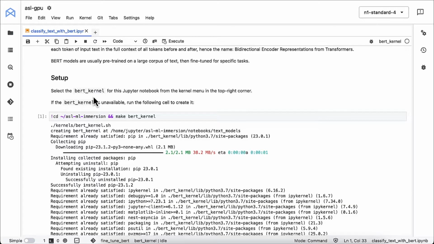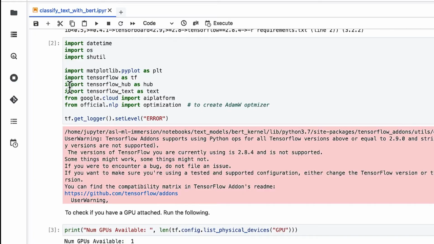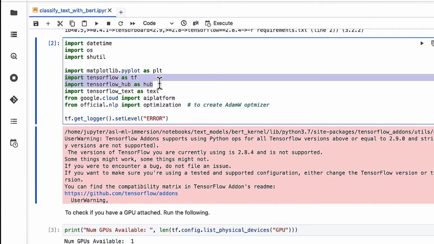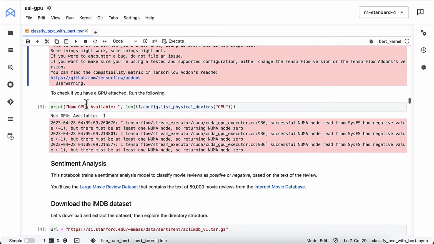When you open this notebook, there is a setup instruction in order to set up a BERT kernel to install all the required libraries for this notebook. For this notebook, we're going to be using TensorFlow and TensorFlow Hub, TensorFlow Text, which is required to pre-process the input for the BERT model. You can see that I'm checking if a GPU is attached, and I see that I have one GPU attached